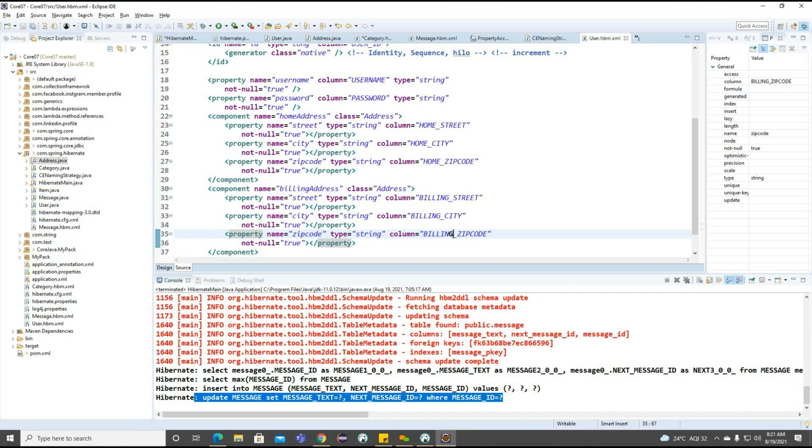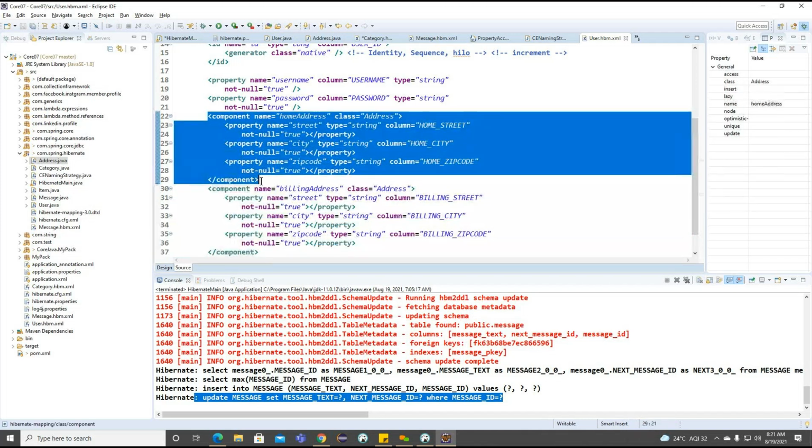But these two components are pointing to which table here? Address table here. But how is the data going to be stored here, based on this particular user table billing address component and home address component? So this is referring to the billing address and this is referring to the home address. This is the way we can work on the particular properties here. And whenever we are making this particular component information, we are working only unidirectional here.